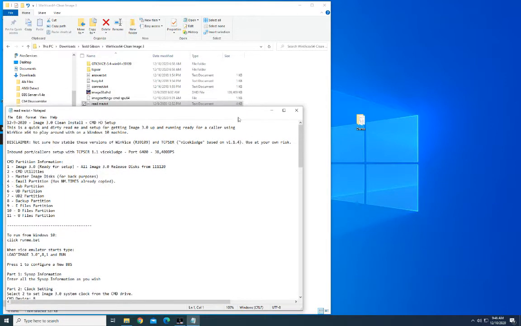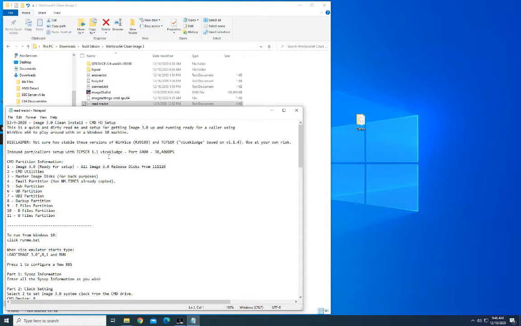So he wants us to, the first part of it is a disclaimer, and he explains his inbound port for TCP Server 1.1,